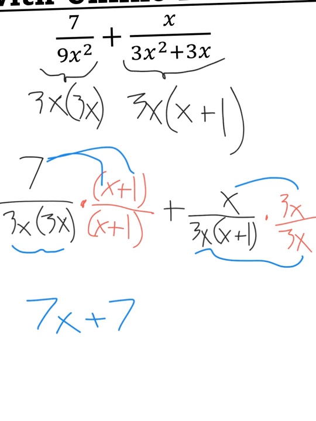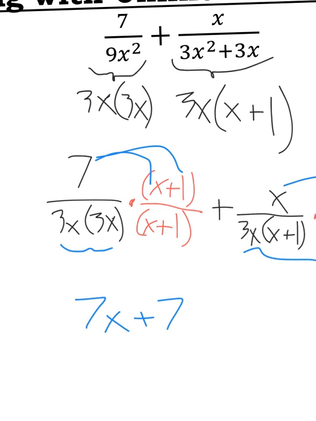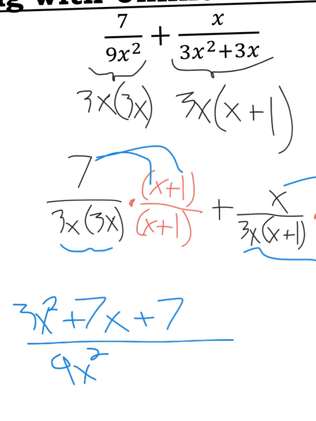That's going to need to go out in front of my 7x plus 7. So 3x squared, and since it was positive, I'll write plus. And so like I said before, that 3x times 3x, I'm just going to convert back to 9x squared. And then it'll say times x plus 1. Okay? So this problem's actually done right now,